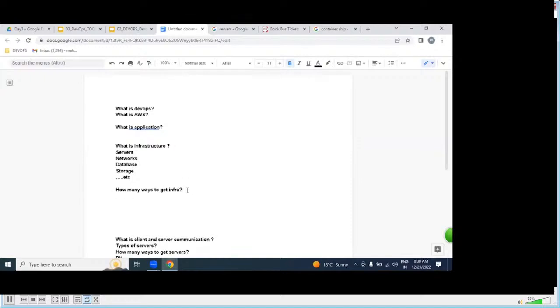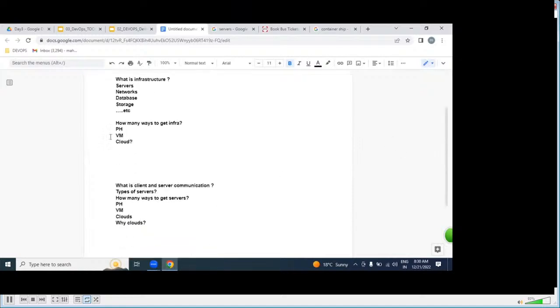Three ways. Physically, virtually, cloud. So in a physical environment, we can get it. From a virtual environment, we can get it. From cloud also, we can get it.